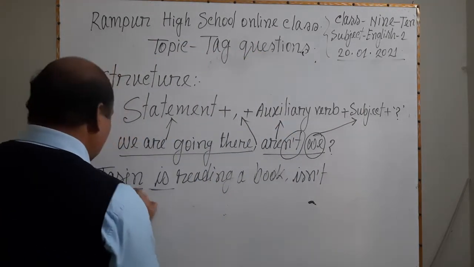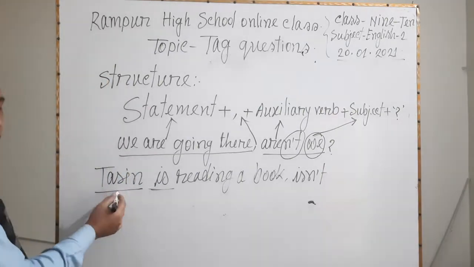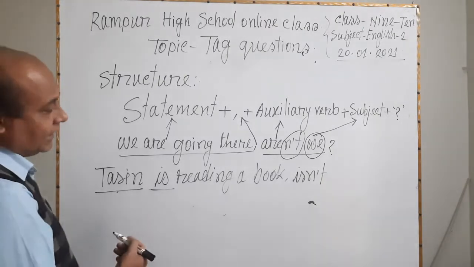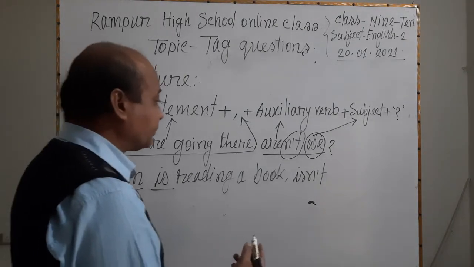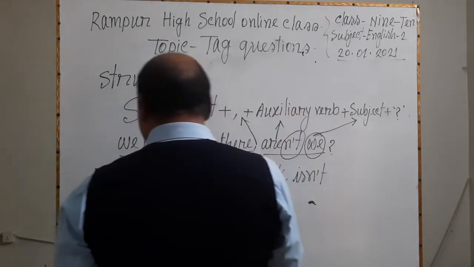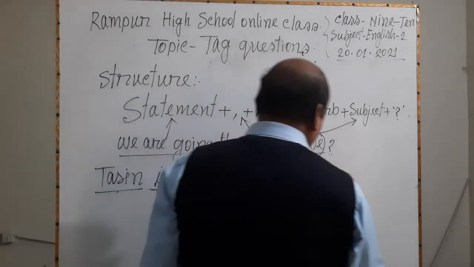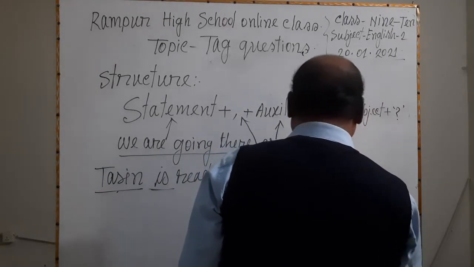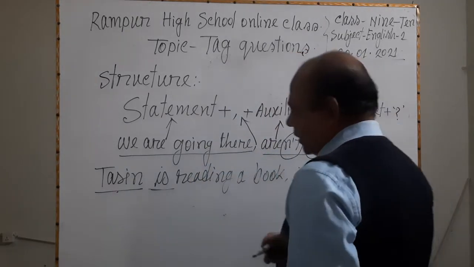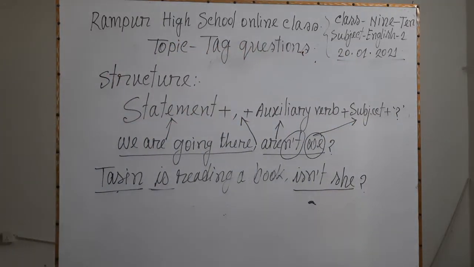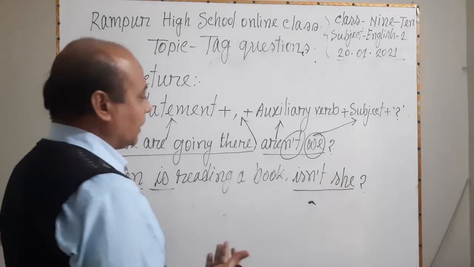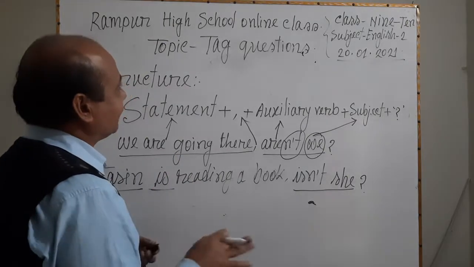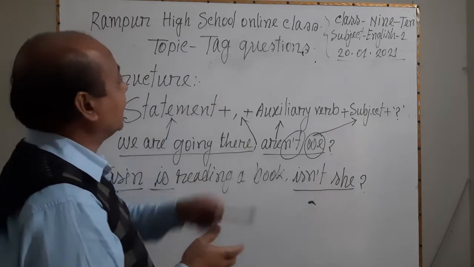Then Tasin is a noun. It will be changed into a pronoun. We know Tasin is a noun. She will be the pronoun. Then the sign of interrogation. I think you have understood the topic, that means tag questions, and